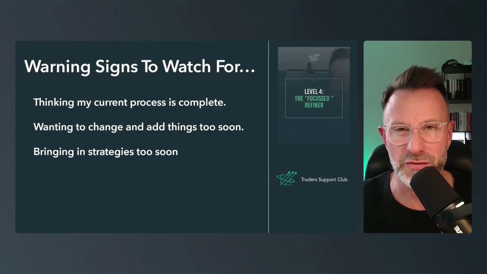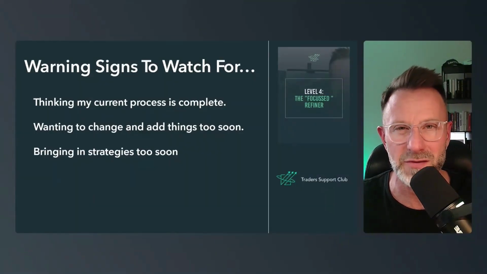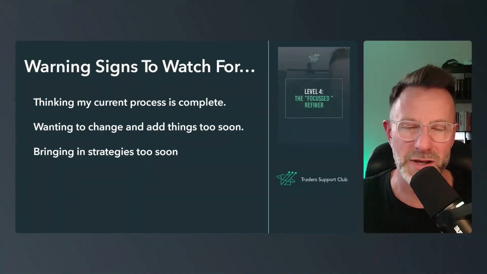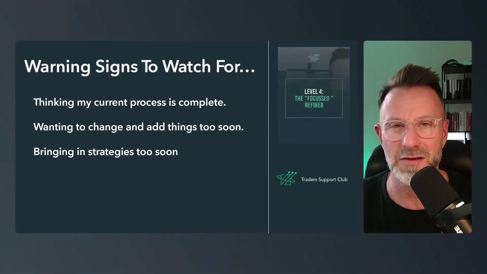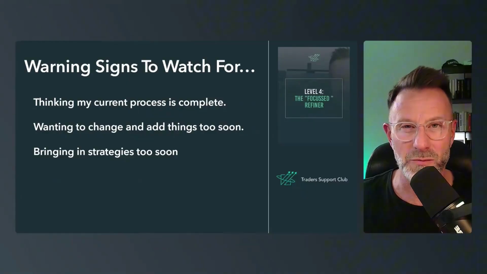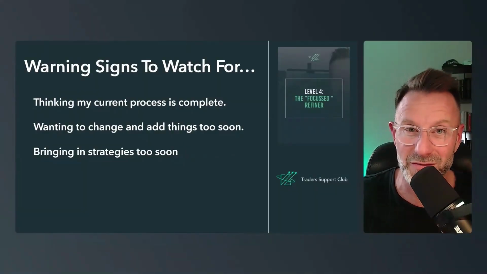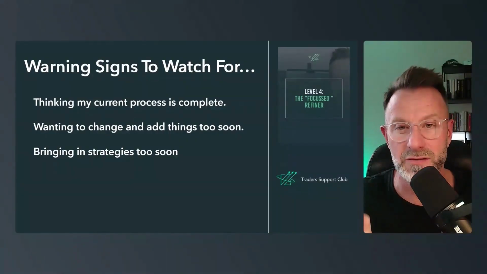Bringing in other strategies too soon, I've talked about that already, but make sure that you curb that. Don't bring in something just because you think, well, I've only got 3 trades a week as a swing trader. I've only got 4 trades a week. I can easily bring in another strategy. Yeah, but it's not just bringing in the execution of a strategy. You've got to analyze it, you've got to learn it, and you've got to work it. And then you've got to deal with the fact that those 2 strategies might have a great period where they're both winning together. One might be cancelling the other out in terms of profitability, or you might have periods where both are losing at the same time. So there's a lot of other things that you have to factor in when you bring in new additional strategies. It's fine to do it, but it might just be that it's a little bit too soon, especially if you're in the early stages of level 4.